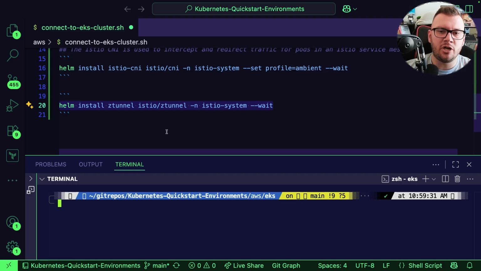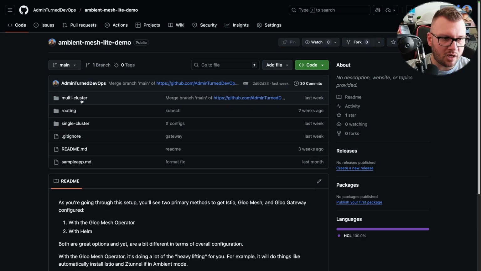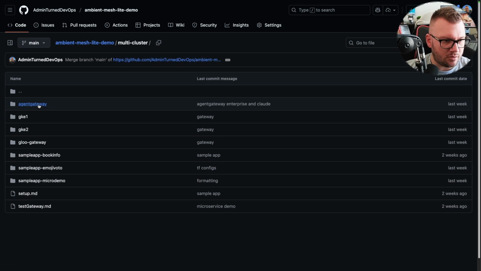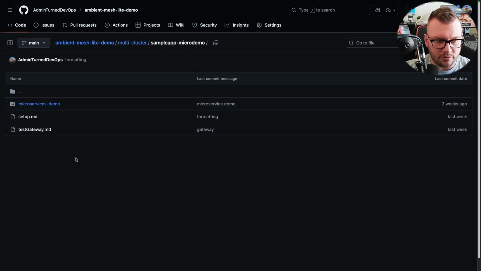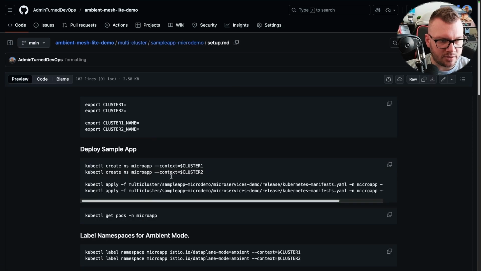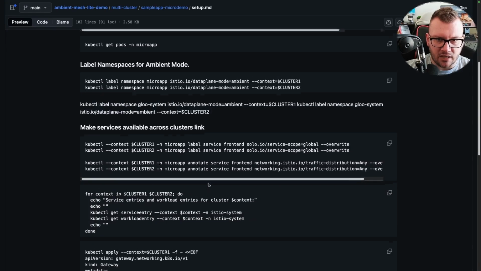And then if you want to know what the label is to enroll your pods into the ambient mesh, I'm just going to open up GitHub here real quick. I'm going to go to the multi-cluster directory, go to just one of my sample apps here, go to setup. And then as you can see